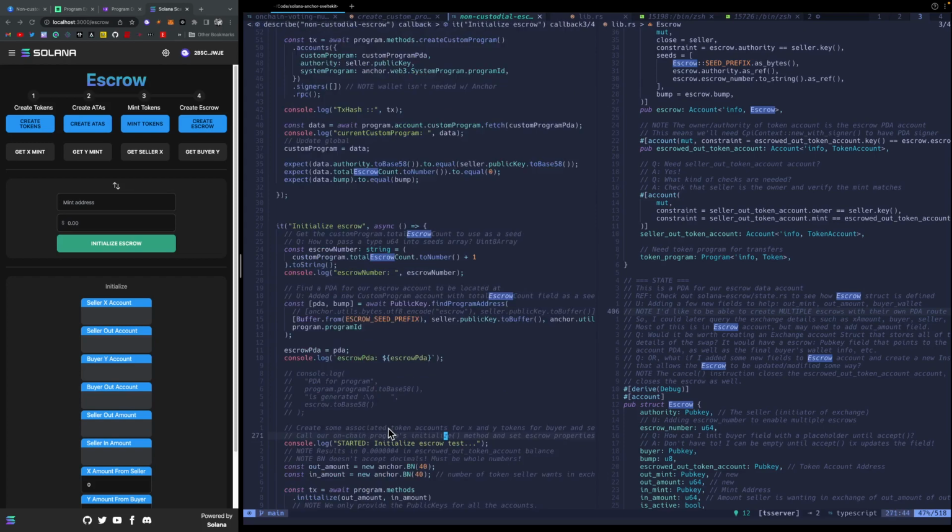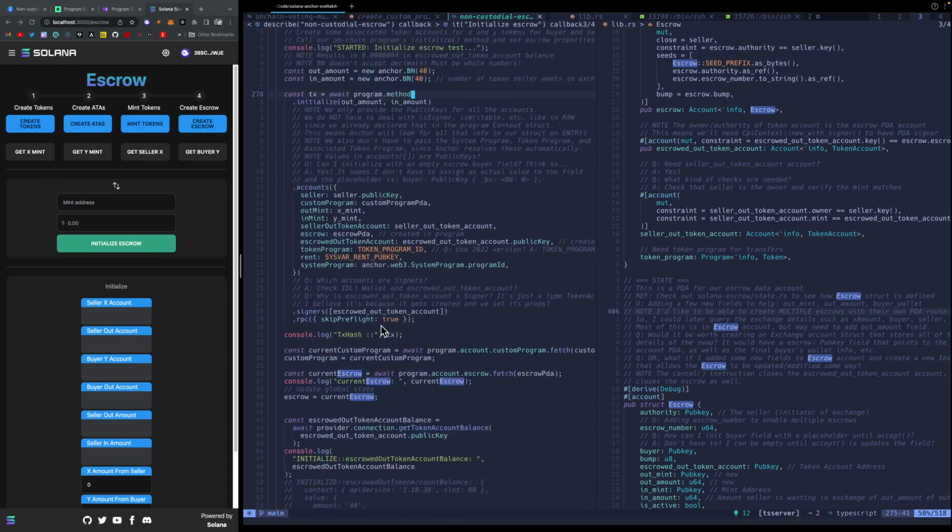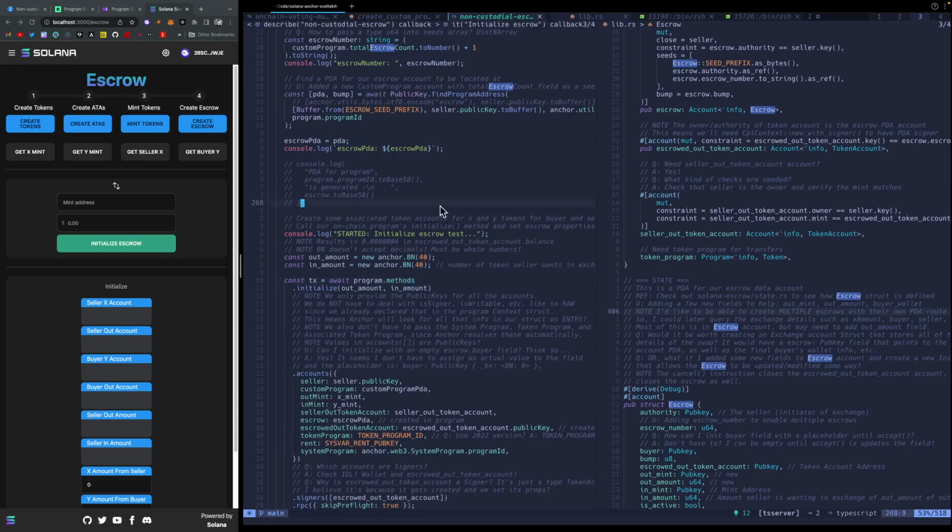To initialize the escrow, same kind of thing. I derive the escrow number by referencing the custom program and its total escrow count, increment by 1, and I use all that. And if it's successful with the PDA,